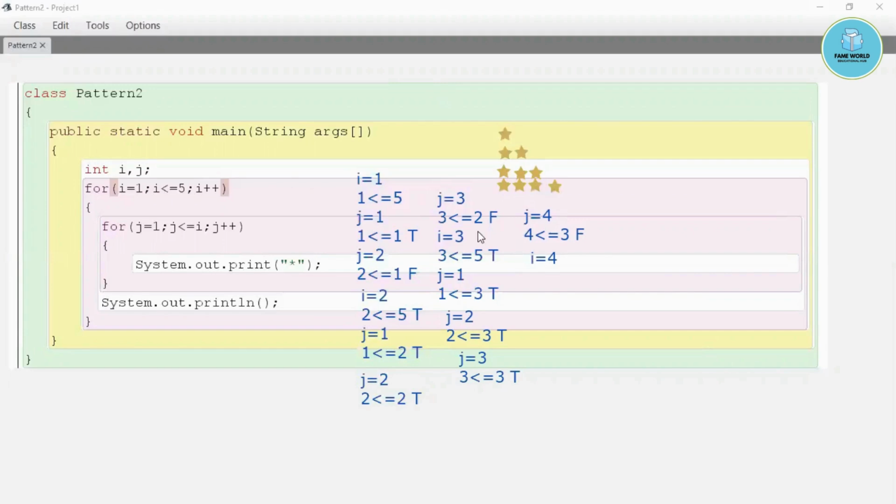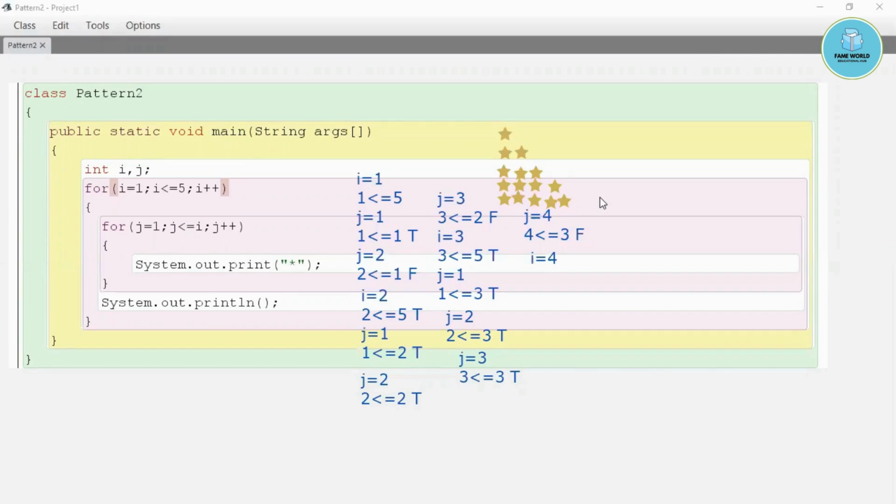And then again the condition will be false and the value of I will become 5. Then j will run till I, that is till 5. So it will print the star till 5. So this way it will work. I hope now it is clear.